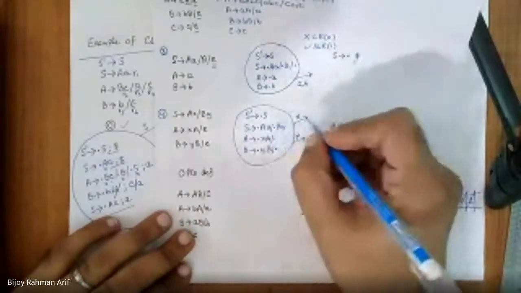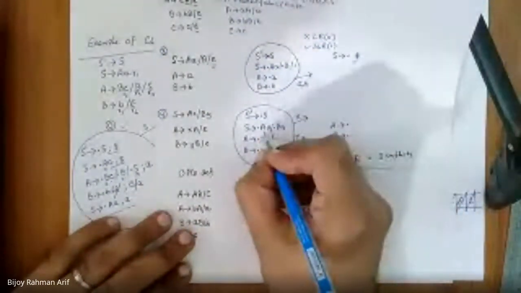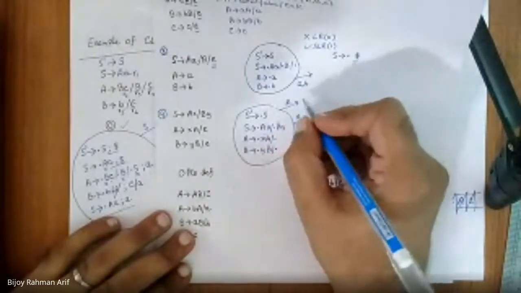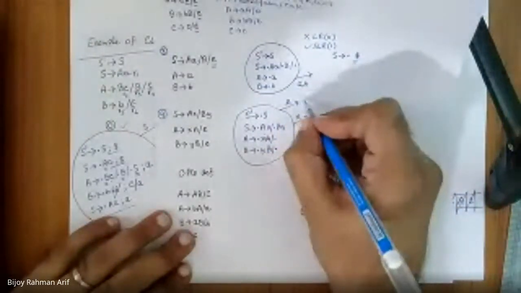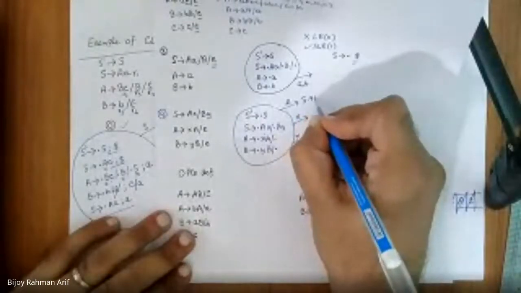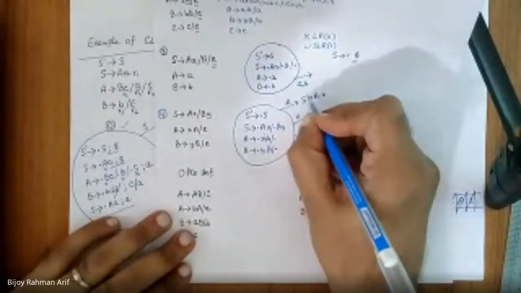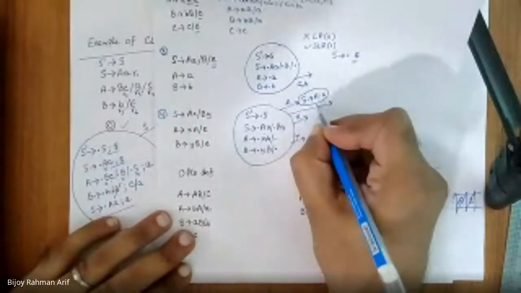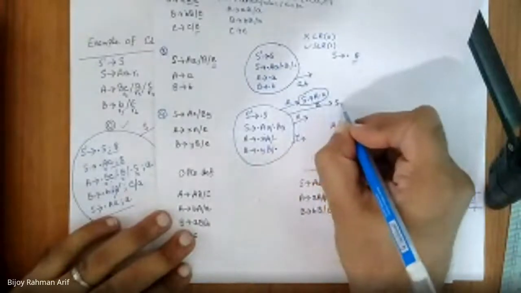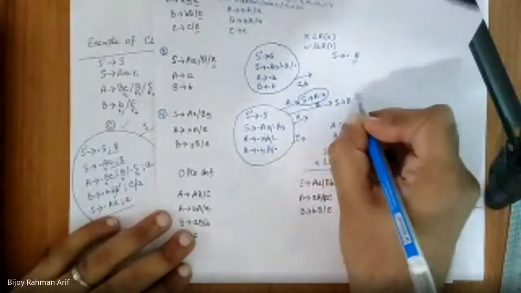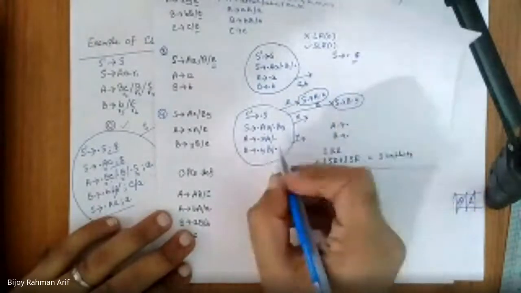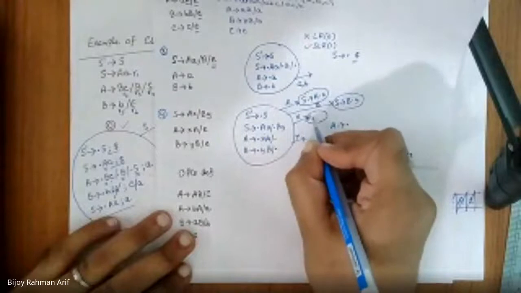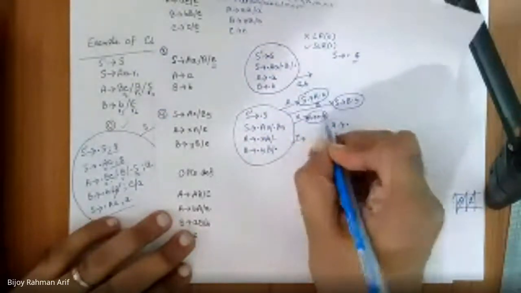I can move on and explain simply: there is no problem here. I will go to a single product, so there would not be any conflict. S derives A dot X. There should not be any conflict because there is only one product there. In B, I will also go to only one. So S derives B dot Y. So there is a single product, so there is no conflict. So for X or Y, I will go to a single product. A derives X dot A